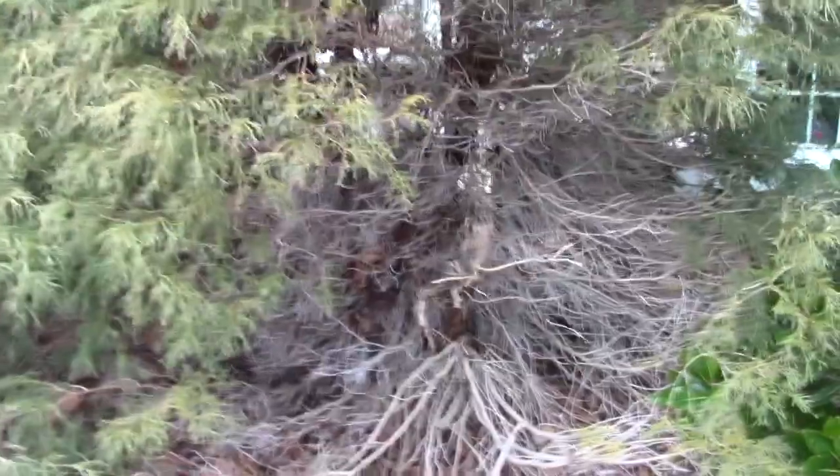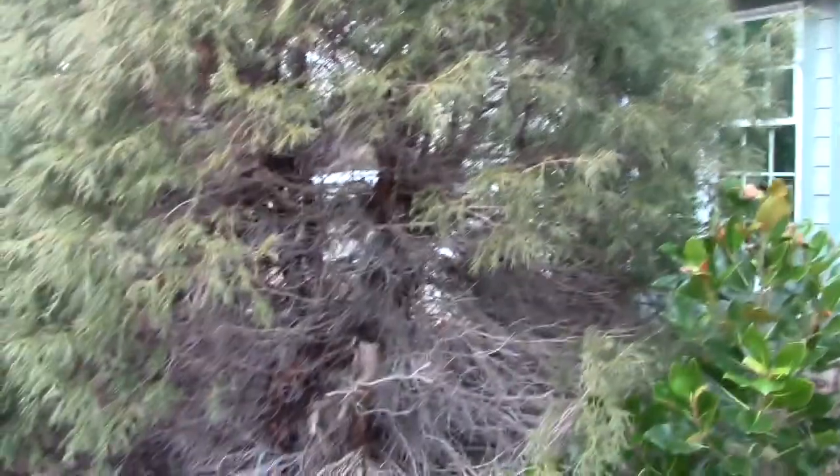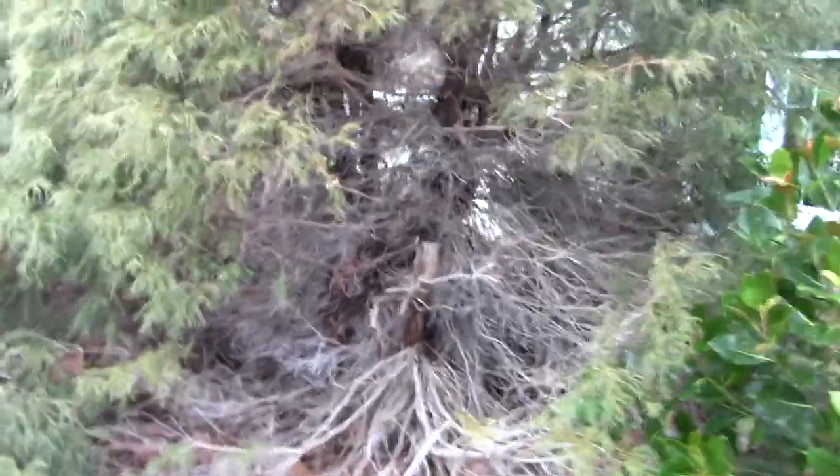What I'm gonna do with this, I think I'm gonna kind of topiary this. I'm gonna do almost like a lollipop form right here, and I'm gonna limb up to maybe right here. All those branches in there died because the growth is so dense it doesn't get any sun in there. And like I said, I'm going to start